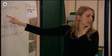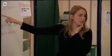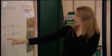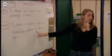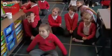morning's activities. And the way that we're going to do that is to produce a mind map of how our architecture workshop fits in with our project. And we've looked at that already. We're going to draw a picture of you